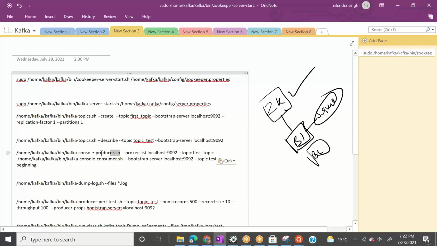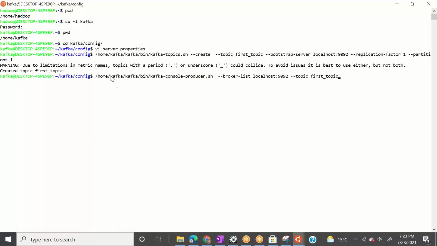When we want to start the producer, we will be using kafka-console-producer.sh, and in the producer also we need to give the broker list, on which broker it needs to publish the messages, and on that broker on which topic it needs to publish, right? So let's do it now. Let's paste it here, and it should give me some new console, it means some new command line. Let's see if it works.